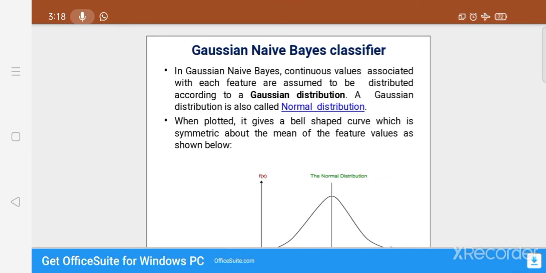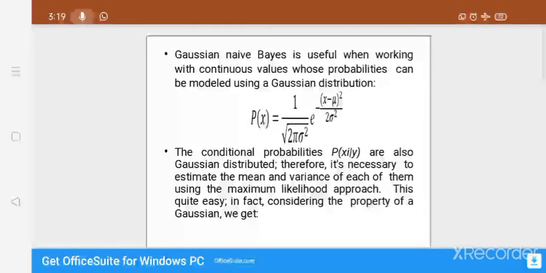Now the third one is the Gaussian Naive Bayes classifier, which uses continuous data, right. Continuous values associated with each feature are assumed to be distributed according to the Gaussian distribution, which is also called the normal distribution. When plotted, it gives a bell-shaped curve which is symmetric about the mean of the feature values, as shown in the figure. Gaussian Naive Bayes is useful when working with continuous values whose probability can be modeled using the Gaussian distribution, and this is the formula for